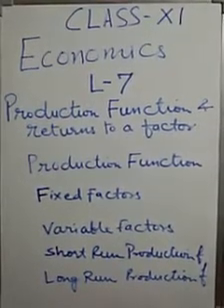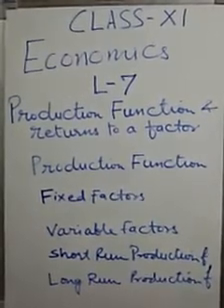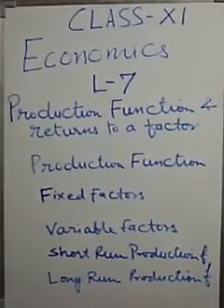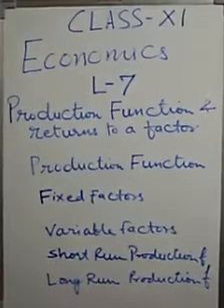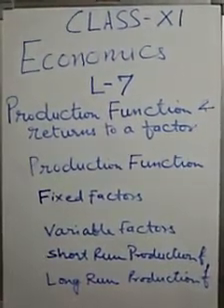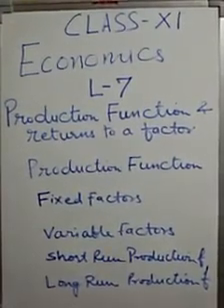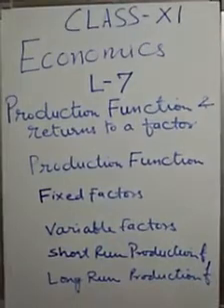Like labor is an example of a variable factor. You need more labor to produce more units of goods, other things remaining constant. Thus the use of a variable factor is 0 when output is 0. It increases as output increases.